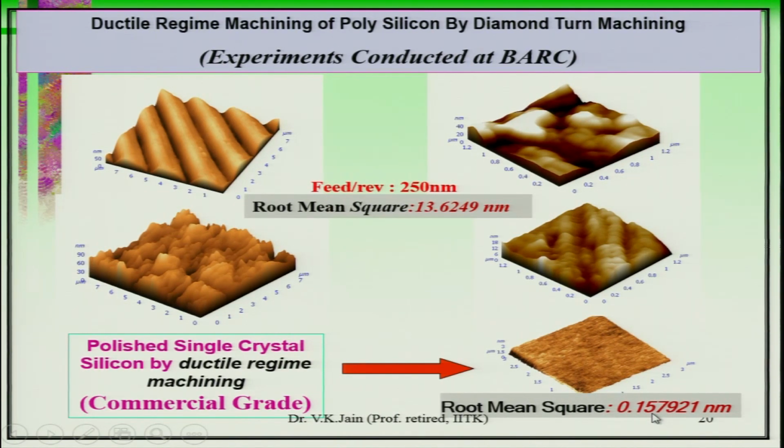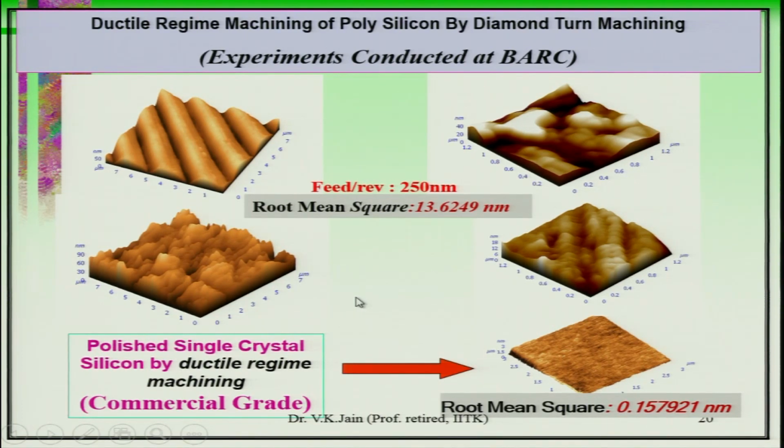Here the surface roughness value obtained is 0.157921 nanometer. That means it has reduced by more than 100 times, and this is what you obtain by diamond turn machining